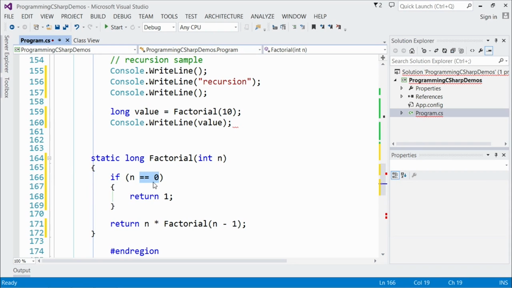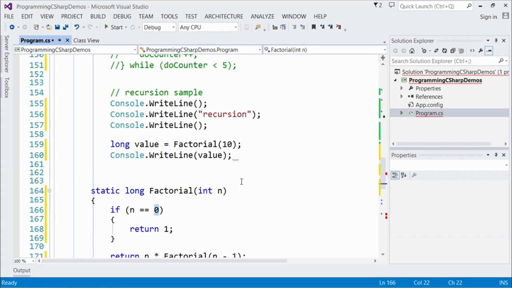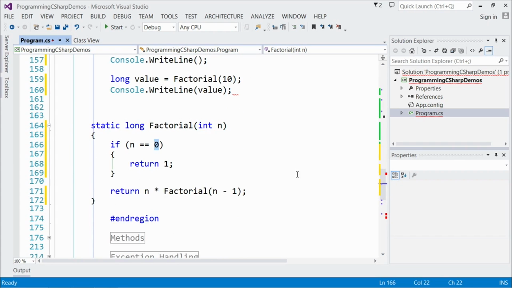So if we start off and our end value that we're passing in is 0, we'll just simply return 1 and say that we're done. Otherwise, what we will do is return another call to the factorial function itself. And in this case, we'll take n and we'll continue to decrement it by 1 until we reach the input of n being 0. So if we execute this